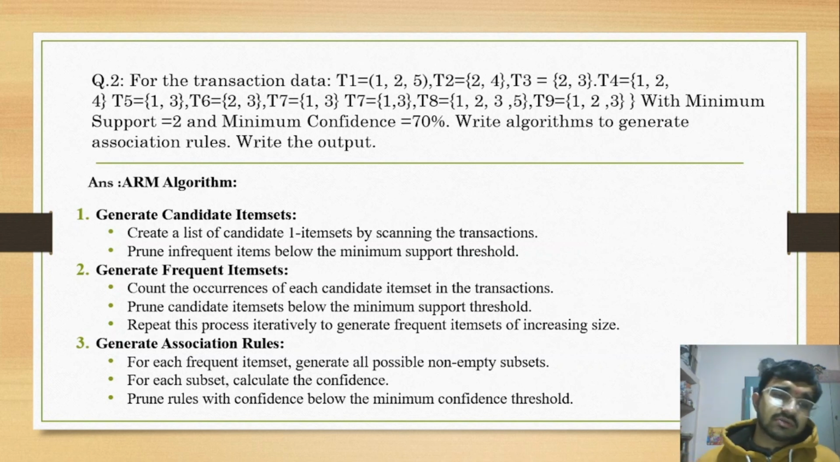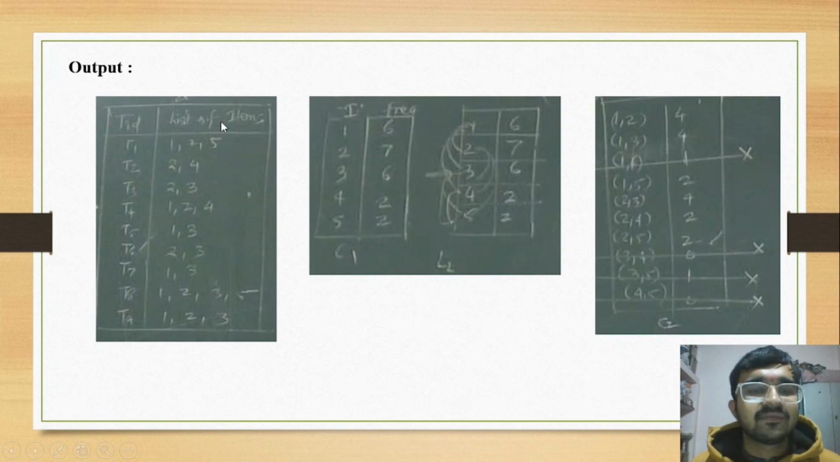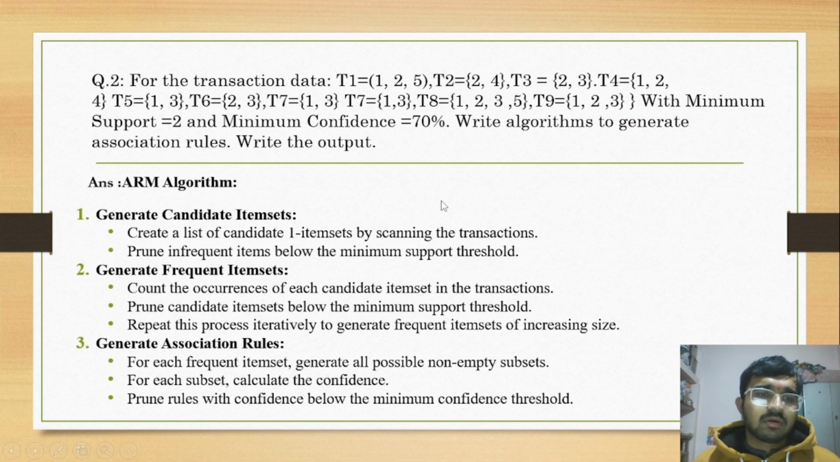For generating association rules, for each frequent item set we generate all possible non-empty subsets, and for each subset calculate the confidence. Prune rules with confidence below the minimum confidence threshold, and at last we will remain with our association rules. Now let's perform this algorithm on our given data set. We have been given this data set in this form. First we have made a table of item sets,